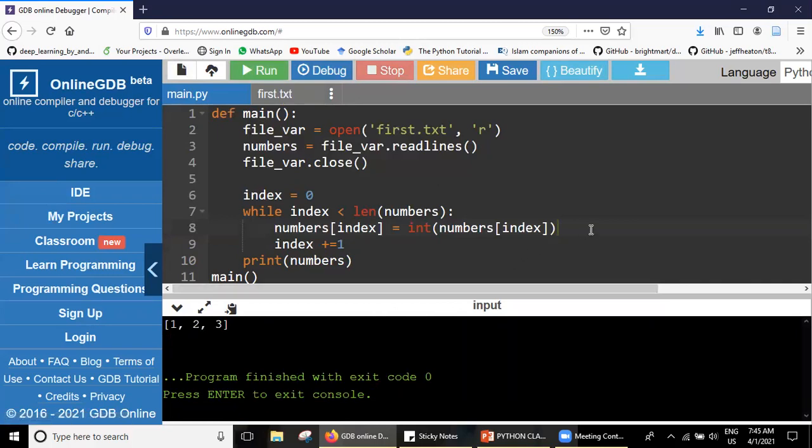So do I need the slash n and strip here? No, I don't need the slash n and strip here, because that's not a string, but that's an integer. That's the reason if I use a type conversion here, it will directly strip off the slash n's and understand that this is not a string and this is an integer, and so I don't have to keep the slash n's. It will remove them by itself.